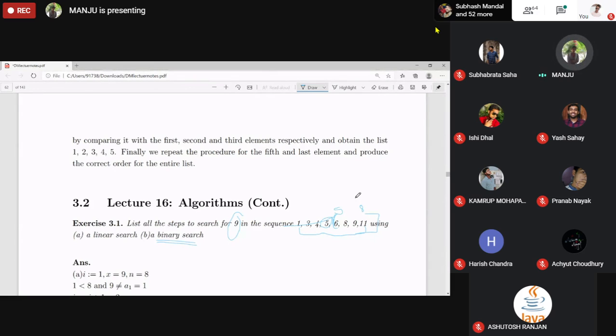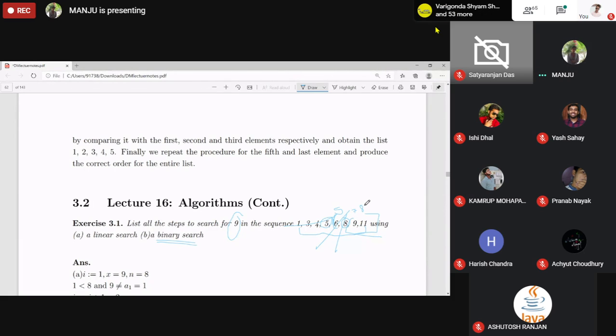It gives you floor value 6. It compares with a6, it is greater, so I will become 7, right? So this discards this list as well. So we got 2 elements, I became 7. Now 7 is less than 8. Yes. So m will become floor of (7 plus 8) by 2, which is 7, right?